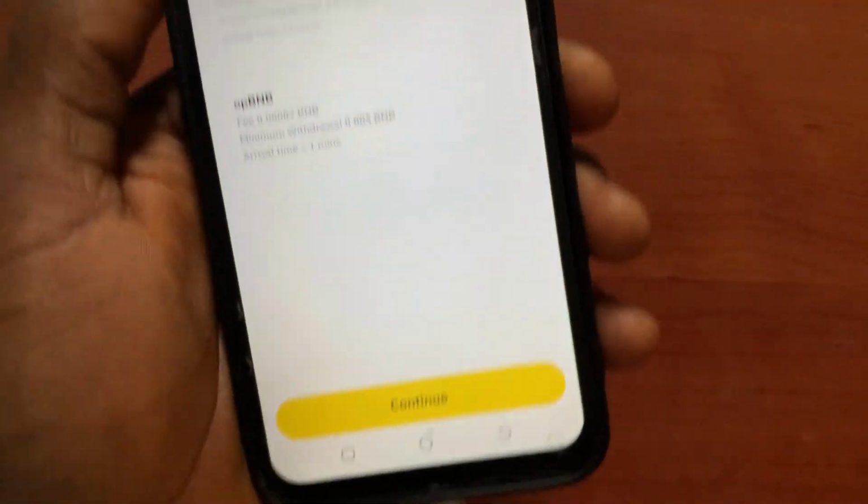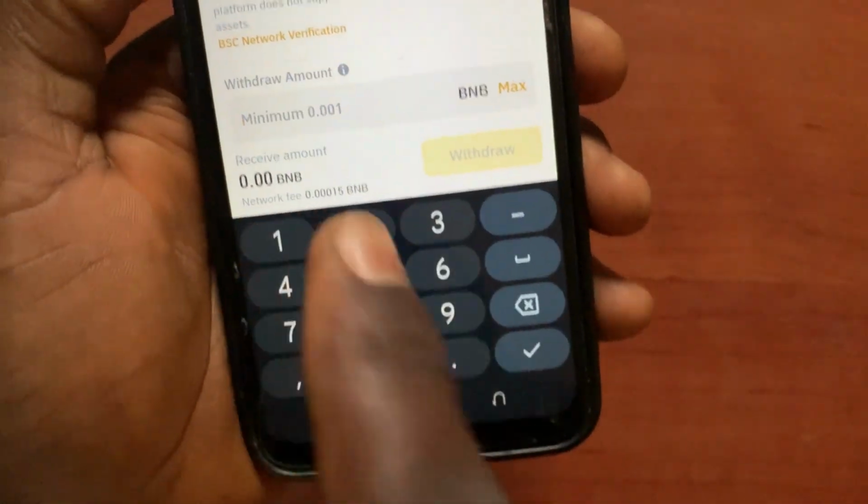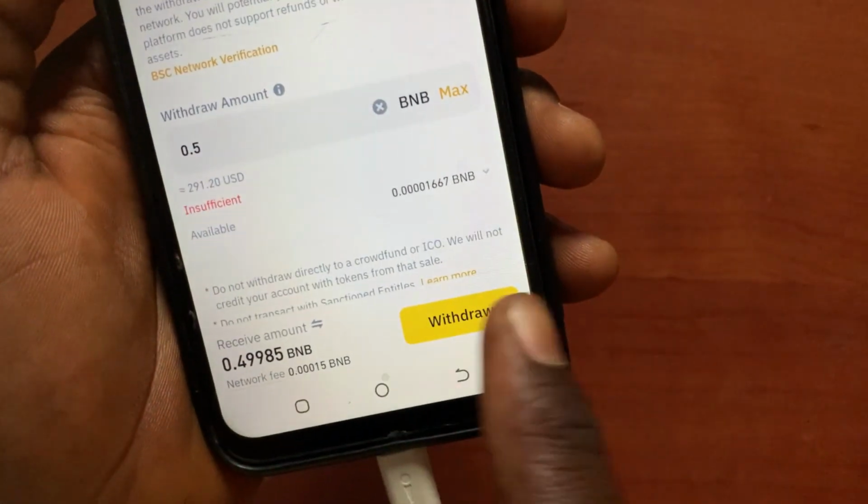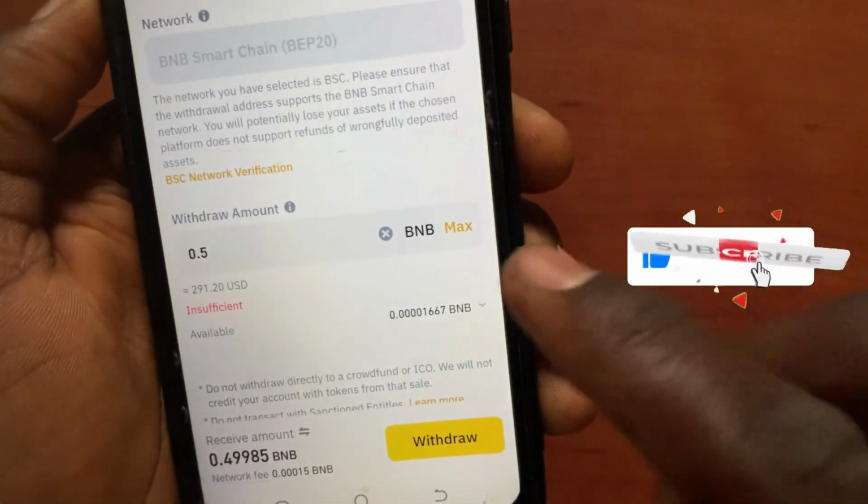Go to continue. So from this option now, scroll all the way down and type in the amount that you want to receive. So I'll type in 0.5. So now if I tap on this withdraw button, now it will transfer the BNB from Binance exchanger to my